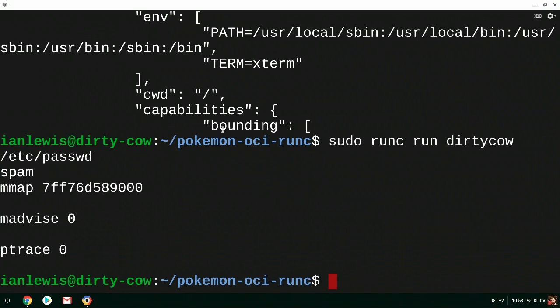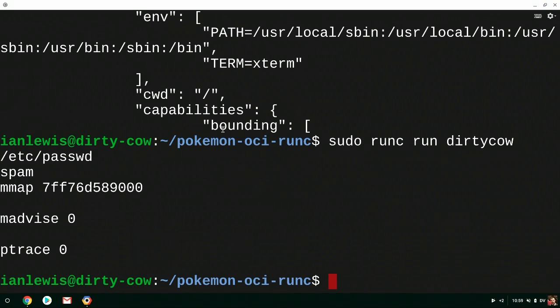This uses two different syscalls. One of them is the madvise syscall, and one is a ptrace syscall. The madvise syscall is highly used in normal applications, so it's very hard to actually filter out of an application. You can't necessarily just put on a seccomp policy that says you can't run madvise, because madvise is used in pretty much every application out there. So even if you know what syscalls your application uses, you're not always able to just filter out those syscalls. Some of them you actually need to be using.